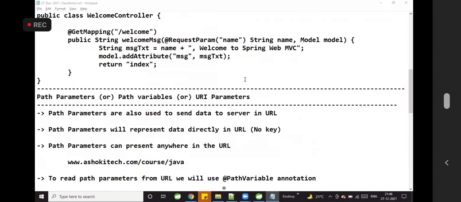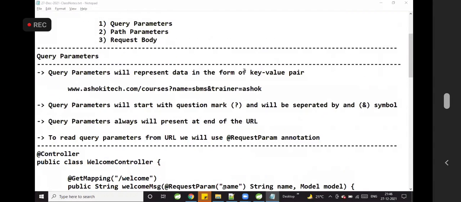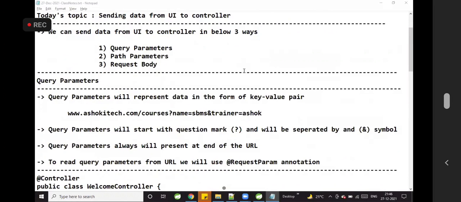So now, can you quickly read about query parameters and path parameters? What is today's topic? Quickly read the points mentioned in the notes.